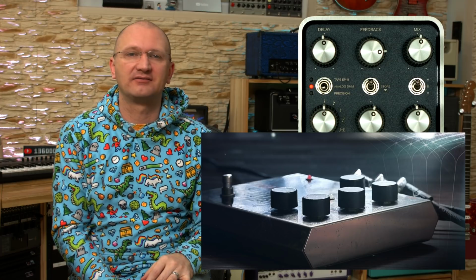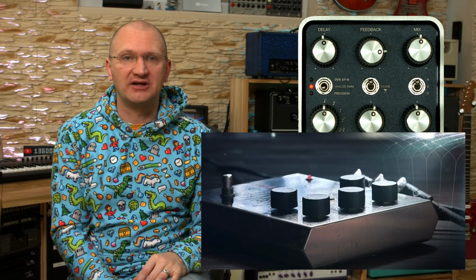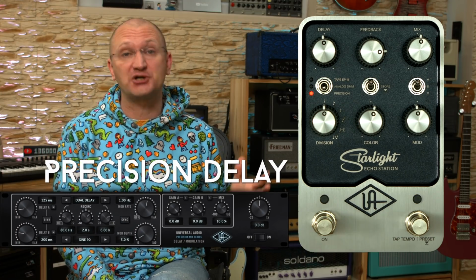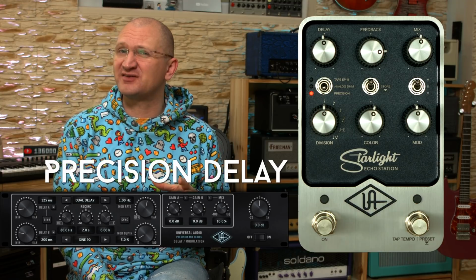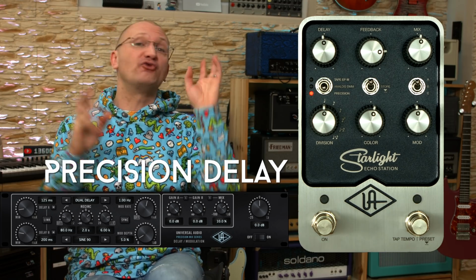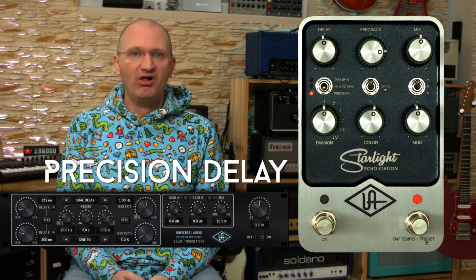So that's in there. Then there's, by clicking down here, an Analog DMM. It's based on a classic box that does analog delay, meaning the beautiful modulation and roundedness in the top. Now, precision is something you might not know from some kind of hardware, and probably something highly overlooked. It's Universal Audio's own precision delay / modulation, which most of us in the software, even though I think it comes with the UA platform, don't use, because we have all these cool ones. We've got the Space Echo, we've got all the...